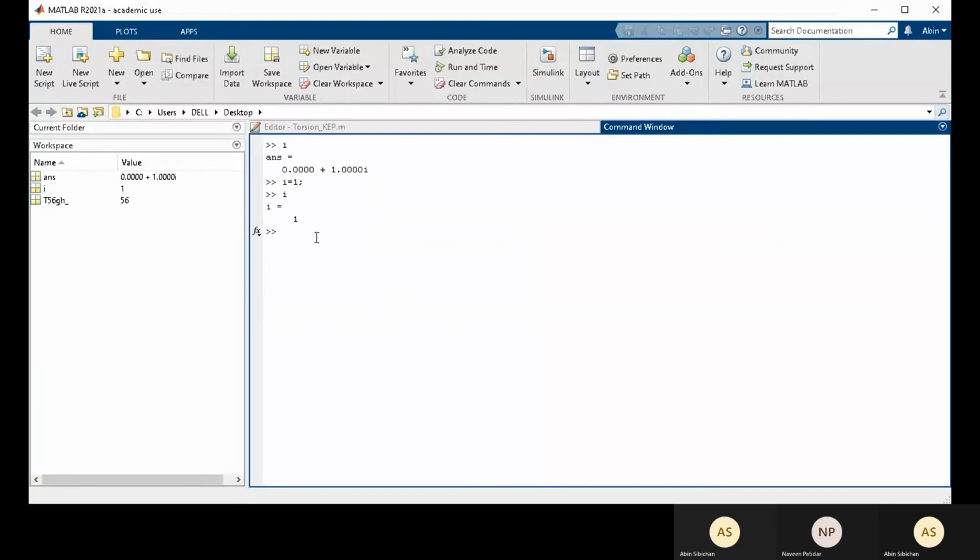So how to check for this? One of the keywords that we can use is exist. I'll try to use exist and let me say sum. What happens is, just check that whatever answer we are getting, if it is any number other than 0, it means that this is an already built-in MATLAB function,